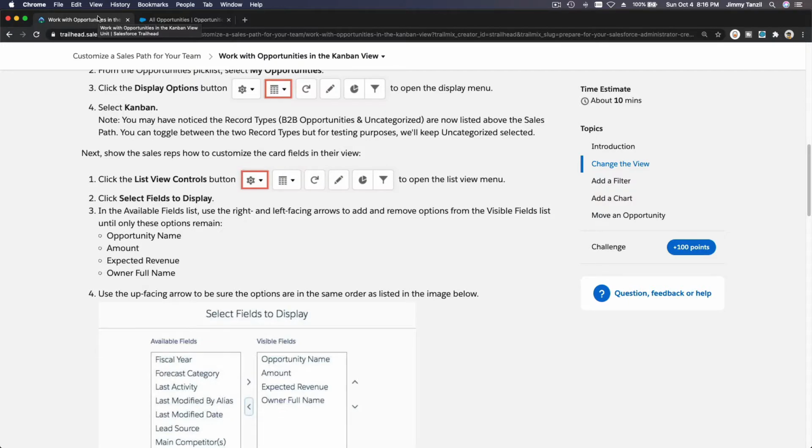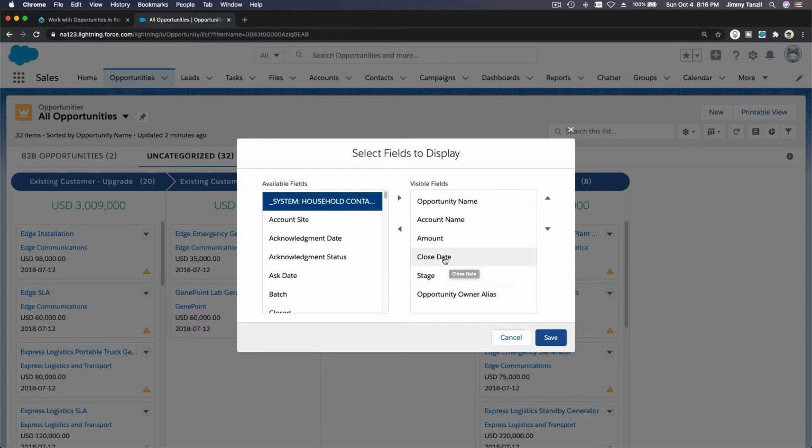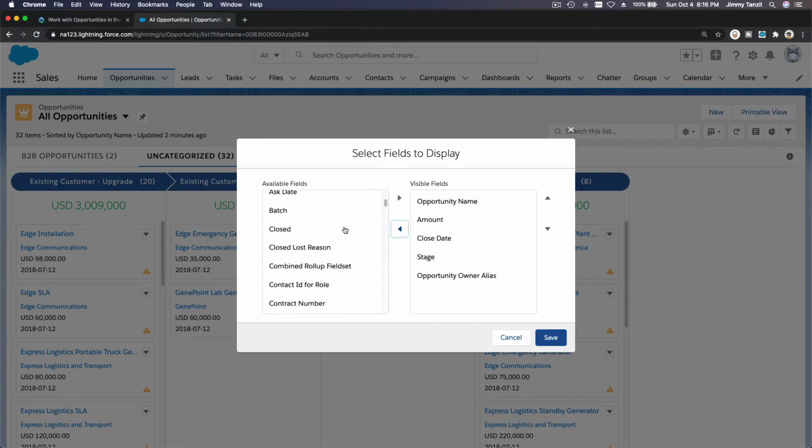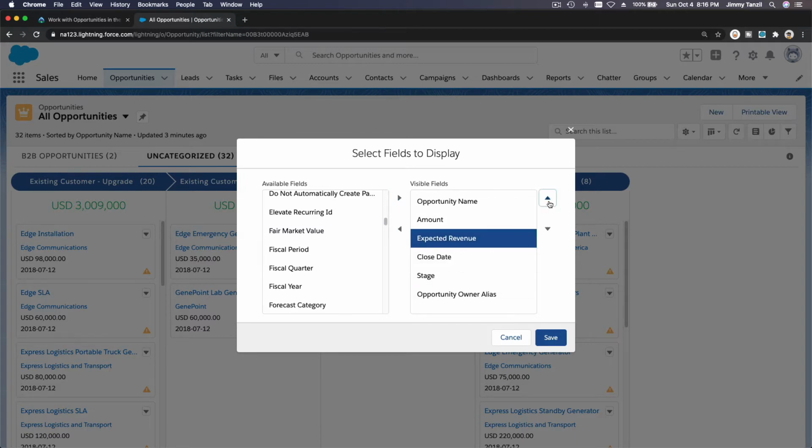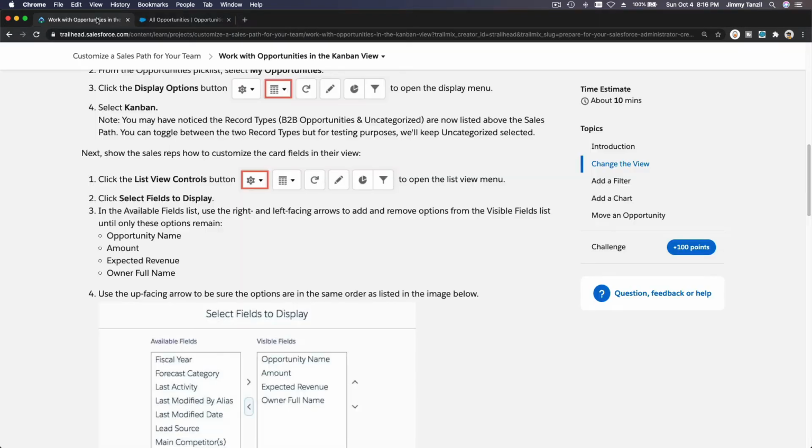Account, no, we don't want account name. Amount, expected revenue. So I'm going to take out this, and then we want expected revenue on here, put it after amount,